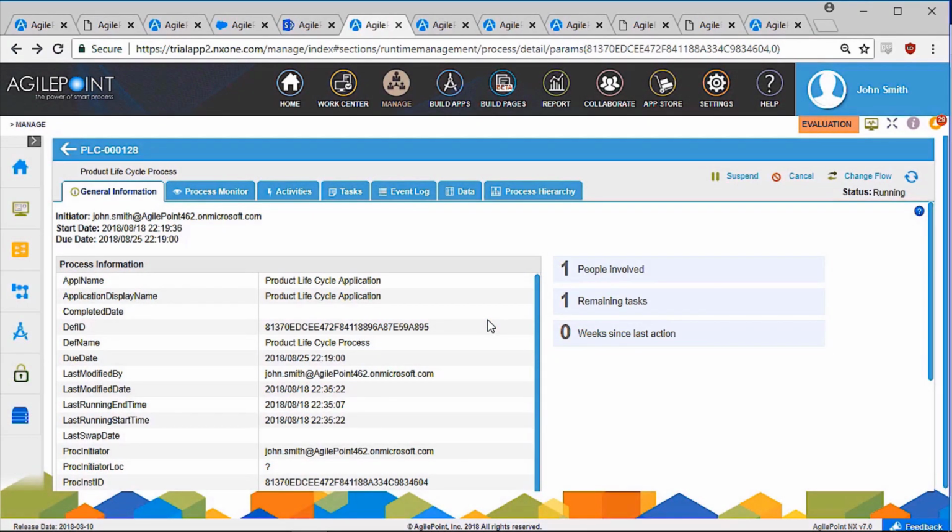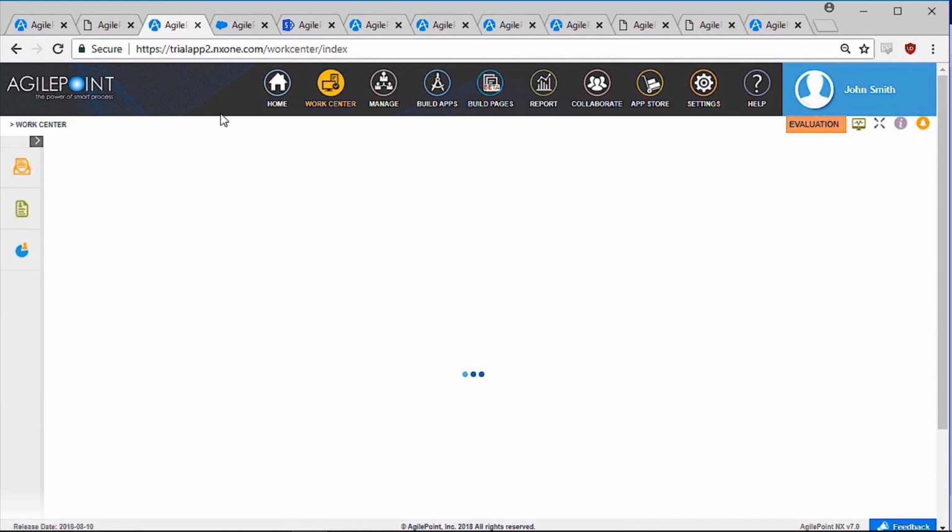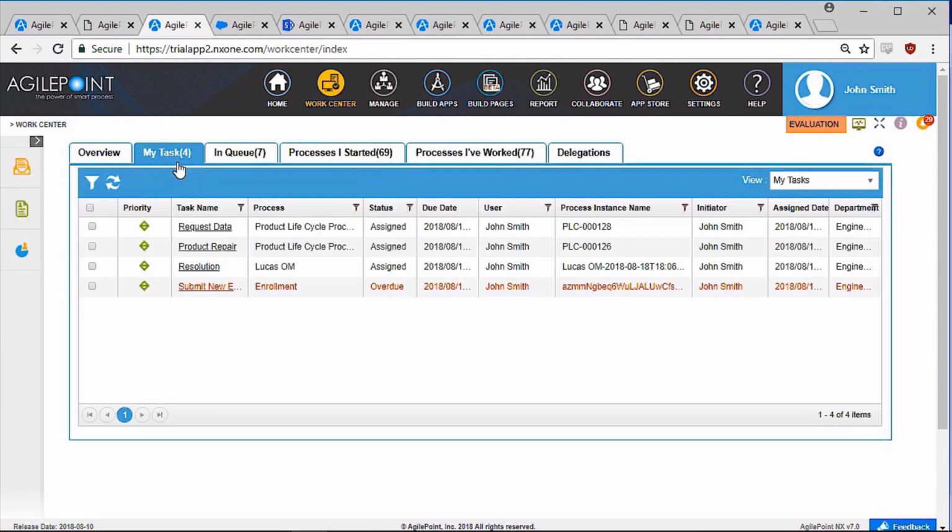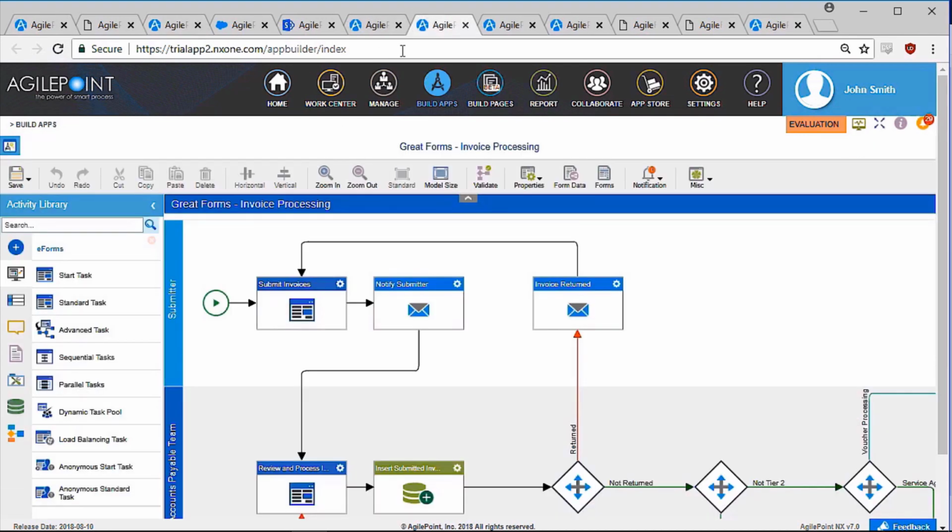I'm going to go ahead and quickly click Resume there so that I can go back to my dashboard and see that that task is now waiting for me in the Request Data step. And there we go. All right, so the next component that I wanted to spend some time in here is